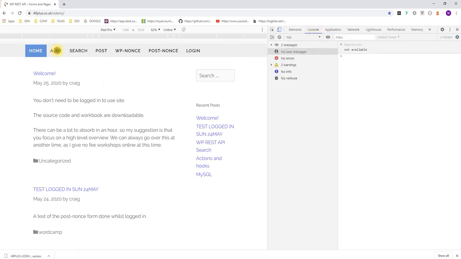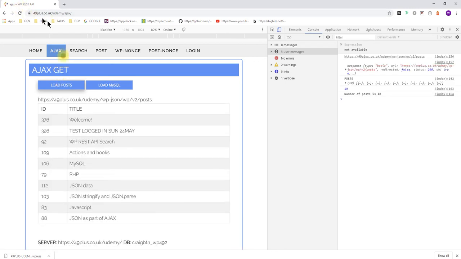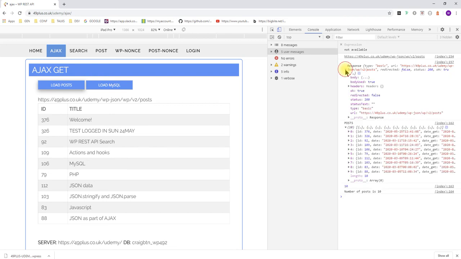Let's go to the AJAX page, and we can see that we now have effectively a single page application because we have two components. If we click on this, notice how we don't refresh the page. We're getting back from what I call the hello world of the REST API, WP/v2/posts. It brings back the latest 10 posts. We can see them here, and we'll go into these different types of responses and into the array and all